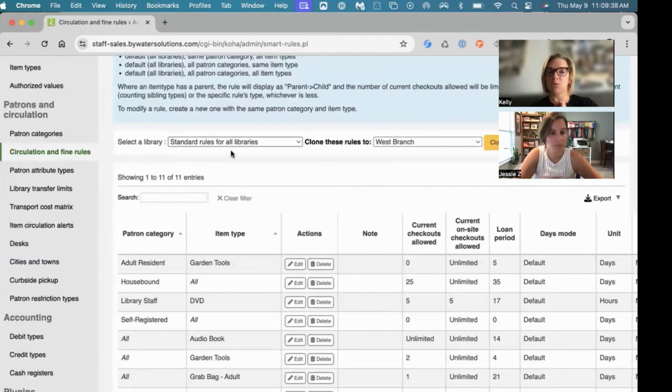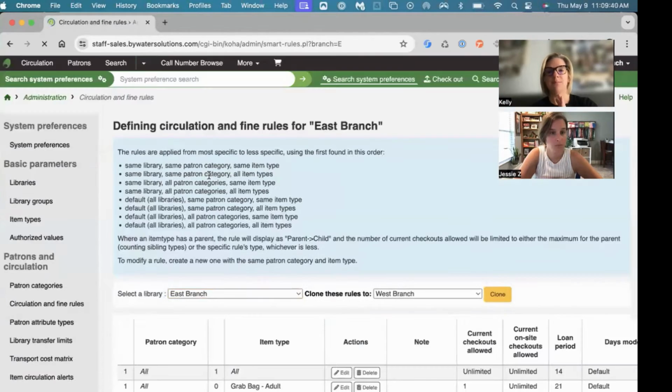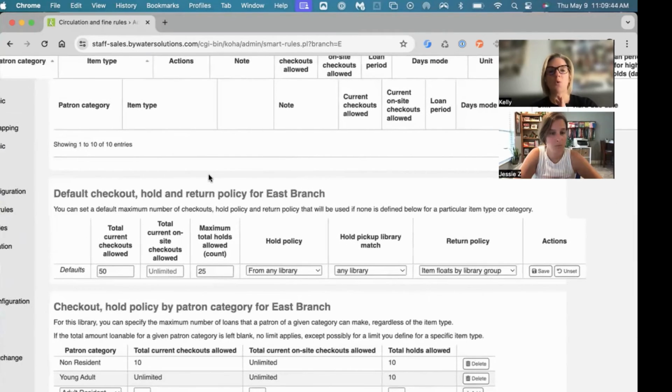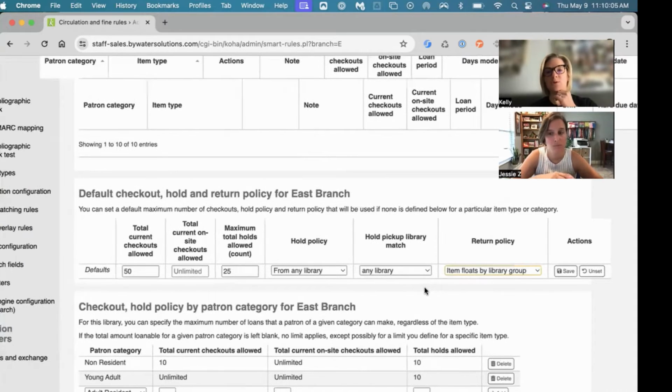I'm going to choose my East branch library. And then under that default checkout, hold, and return policy for the East branch, that return policy is now going to include item floats by library group. So it shows up here. You're going to set it in the library groups, and then Koha is going to know what libraries are included in that library group. I also did that with my North branch as well,